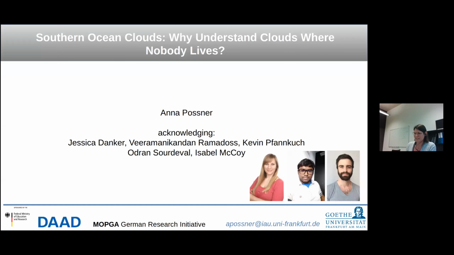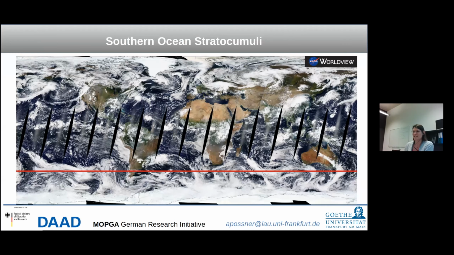So let's dive in and let's take a look at these types of clouds that we're looking at and give a first introduction to why it is that we're looking at them. So this is an image of Earth as seen from one of the satellites orbiting our planet about once a day, and it takes swaths of observations across the Earth, and so you see these individual tracks by the gaps actually in between. So this is an orbit, and these orbits are then pasted together to generate these beautifully global images.